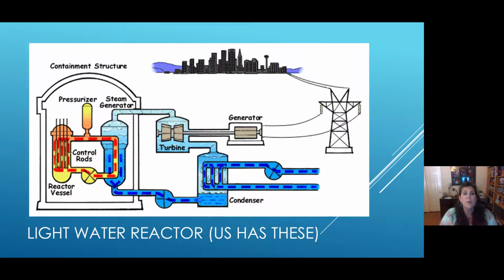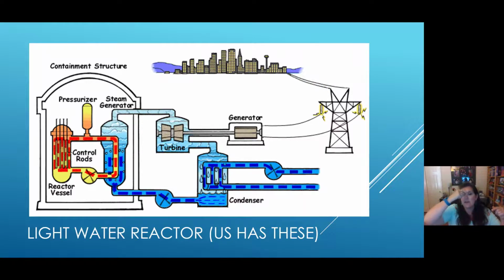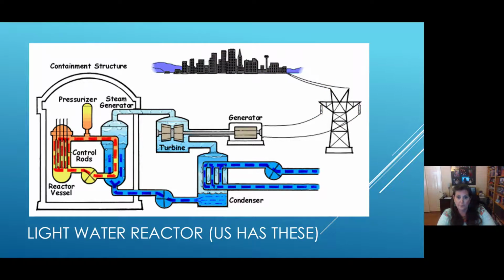Then the blue is where we have the water. So where the red pipe goes into the blue is where the water heats up and turns to steam. Steam floats up and over to the turbine, turns the turbine, which turns the generator, which creates electricity. Then the turbine steam flows down and goes to the condenser, where it gets cold and returns into water. Okay, so it condenses. And then we have water that goes back over to the reactor vessel, where it heats